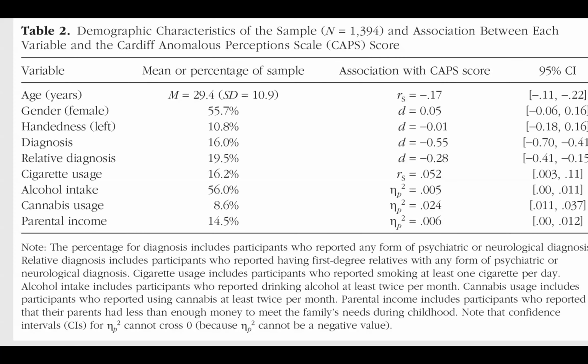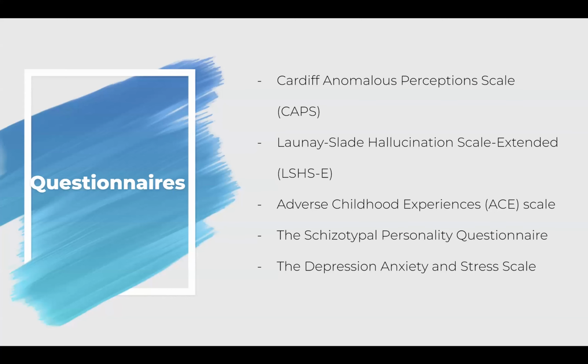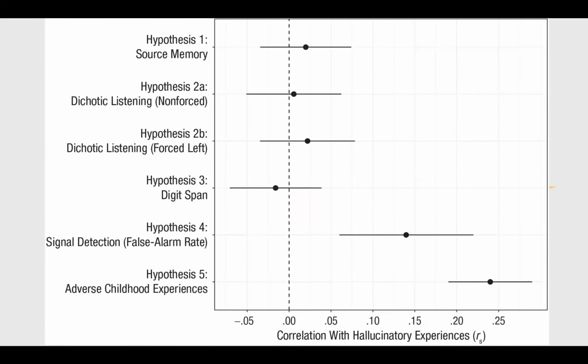Now, this goes into more of the specifics of how they really categorized everybody, and they basically just got the mean of these specific things for each person. The questionnaires they use are these 5 specific ones, and they use these because they're easily answerable, and thus they acted as an attention check. Participants were excluded from all data analysis if they incorrectly answered more than one attention check question. Most participants reported few hallucinatory experiences, and a small number of participants reported many hallucinatory experiences. Now, this goes into more of the data and the final category, and I will go into the results in a moment.